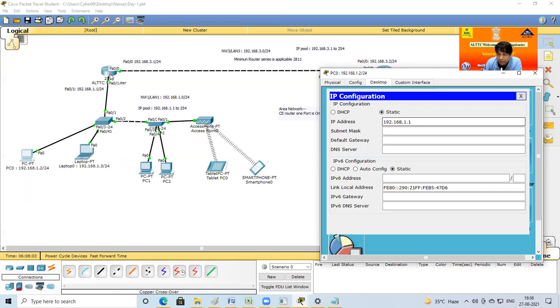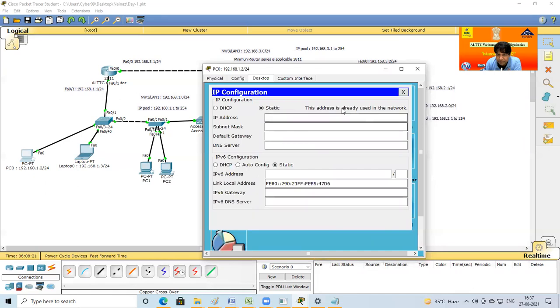Like the same telephone number is never given to two different users. All telephone numbers are different. In the same manner, the IP address is different for different users. Definitely 1.1 is already allotted. If I put it here, my simulator shows a message that this address is already used in the network. So the meaning is you can allot IP from 2 to 254, as 1 is already given.